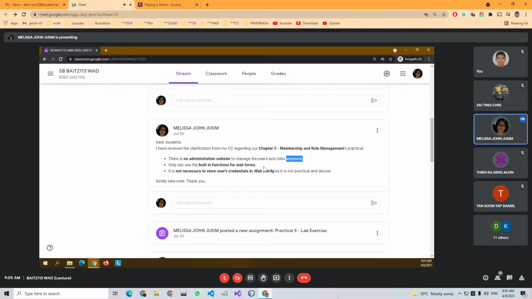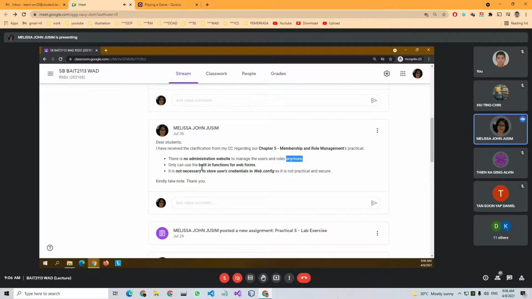So here she mentioned just use the built-in functions for web forms. In web forms, if you refer to a practical, we are using the login controls, right? As long as you register your database as the ASP.NET membership provider, then you should be able to at least create the users.